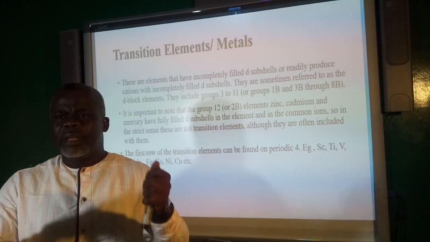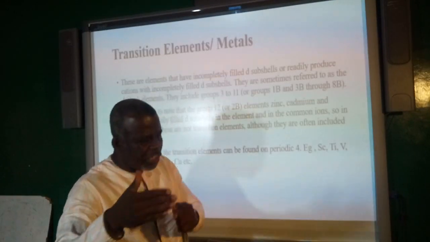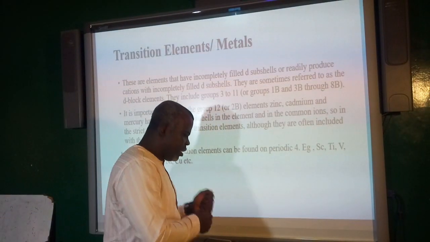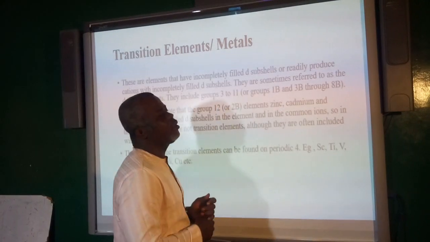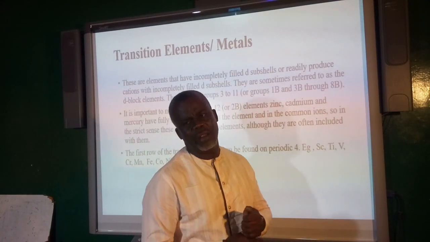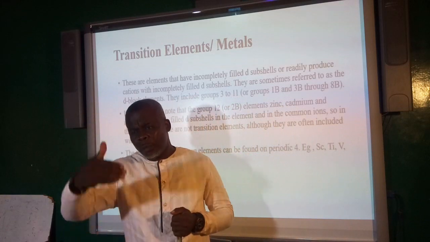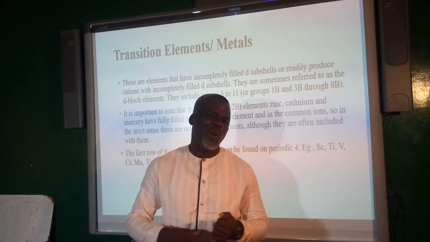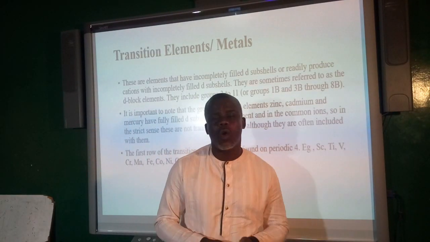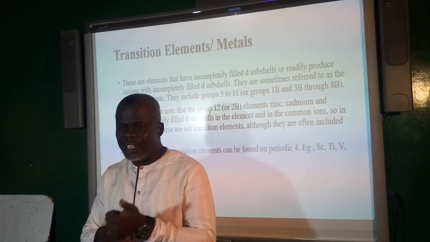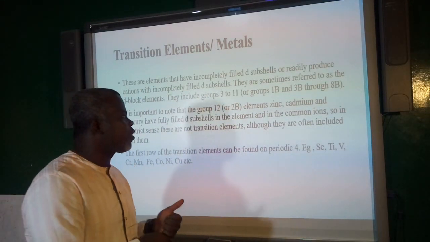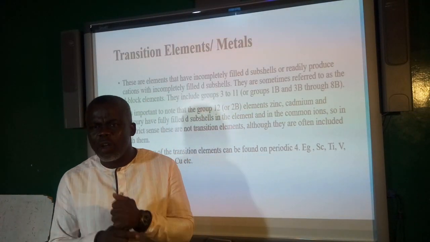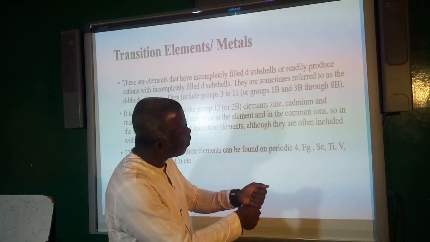So here, the valence electrons in the d subshell are fully filled. We have 10 electrons in the d subshell, and by definition, zinc doesn't qualify. And when zinc forms an ion, a cation, it loses the 4s electrons. And when that is done, we are going to have the argon core and the 3d10. Here too, the d subshell is fully filled, and therefore it doesn't qualify to be a transition element in this